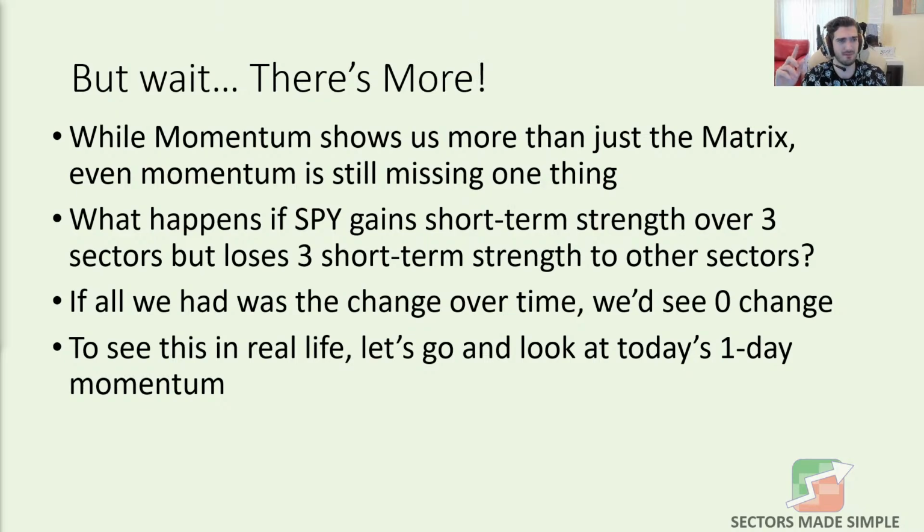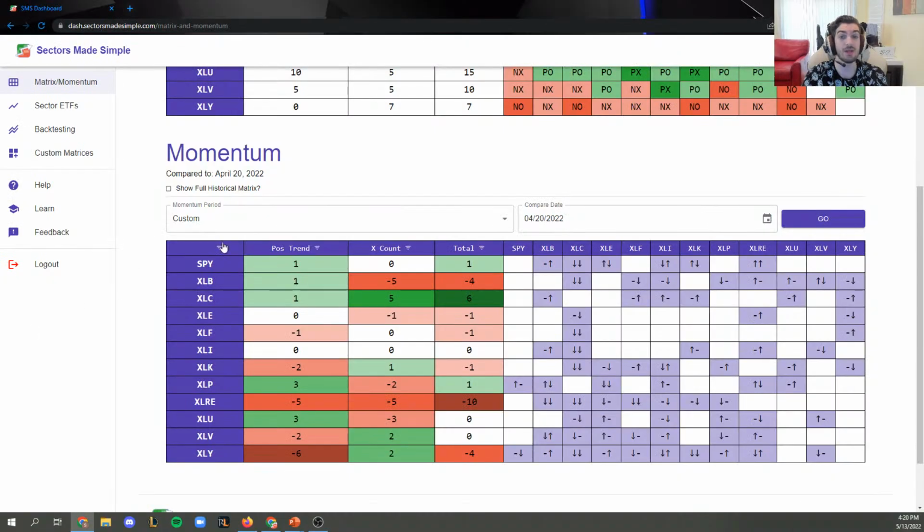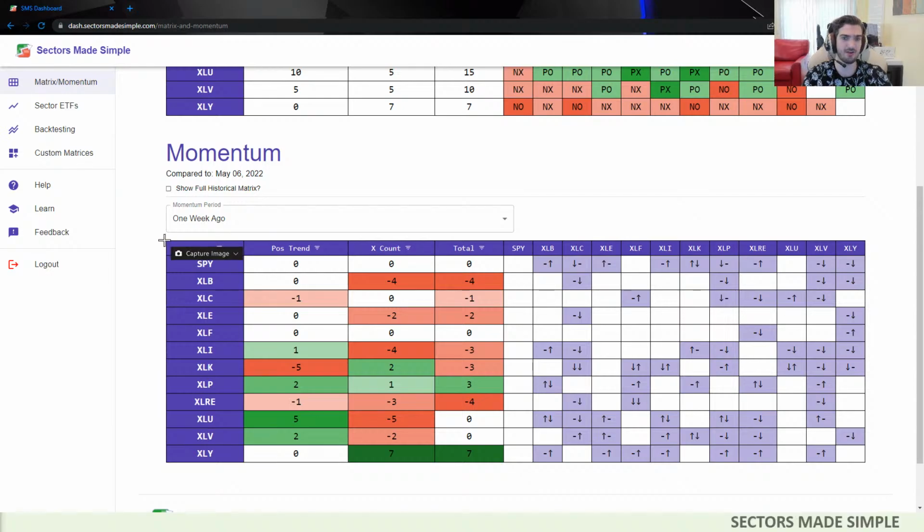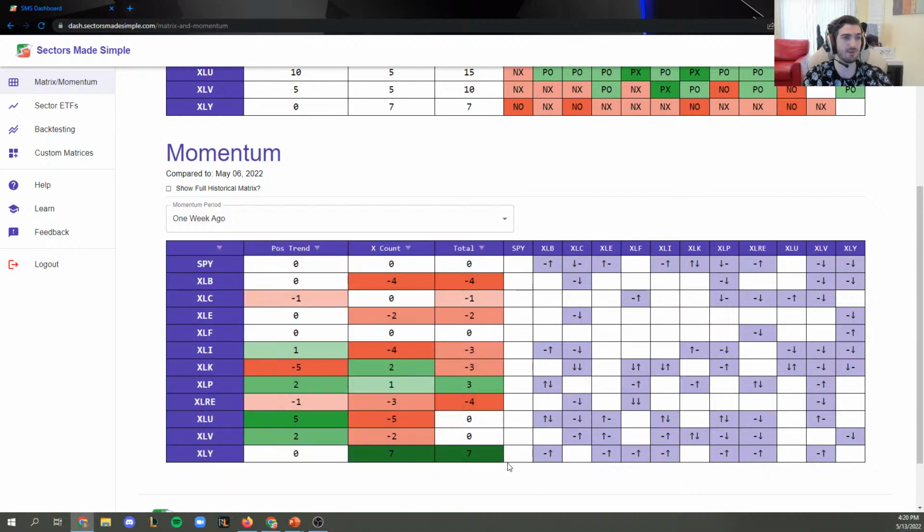But let's look at an actual example. And it's not the 1 day momentum we need to look at here. It's the 1 week momentum. So if we look at the 1 week momentum, SPY didn't change at all. If all we had to go off of was this area right here, there wouldn't be anything. SPY wouldn't change. But under the hood, there were lots of changes. To show you how many,